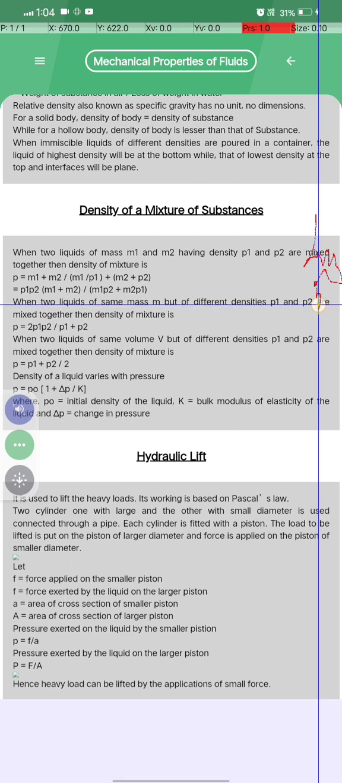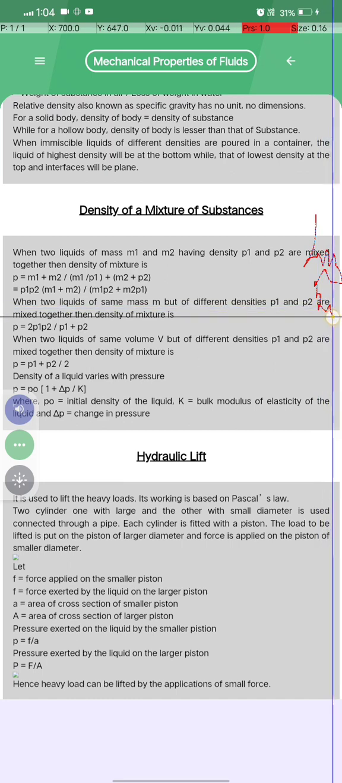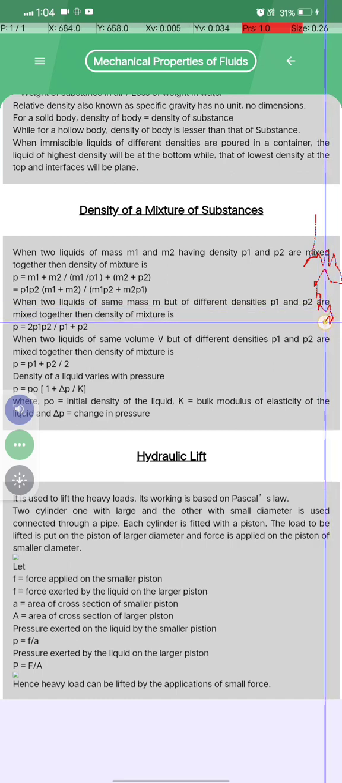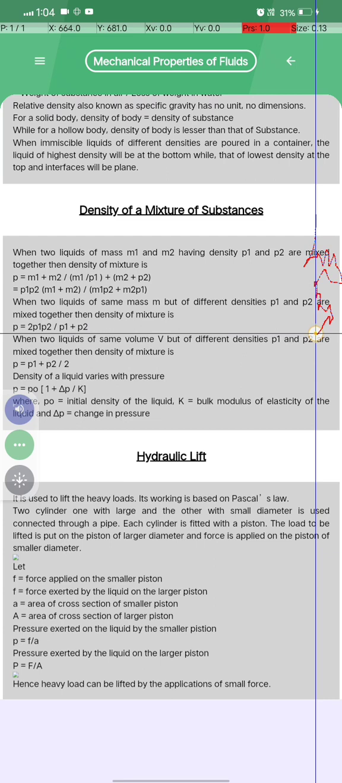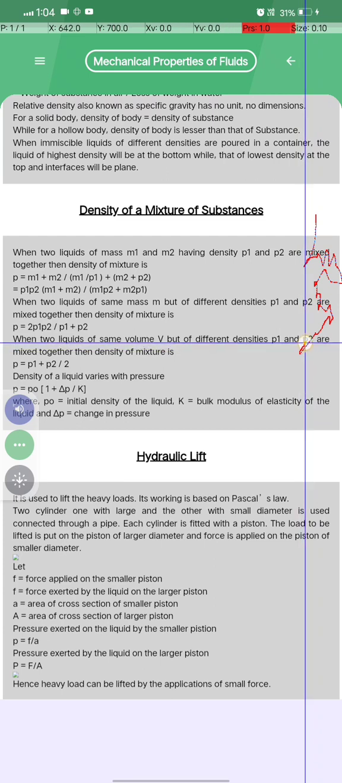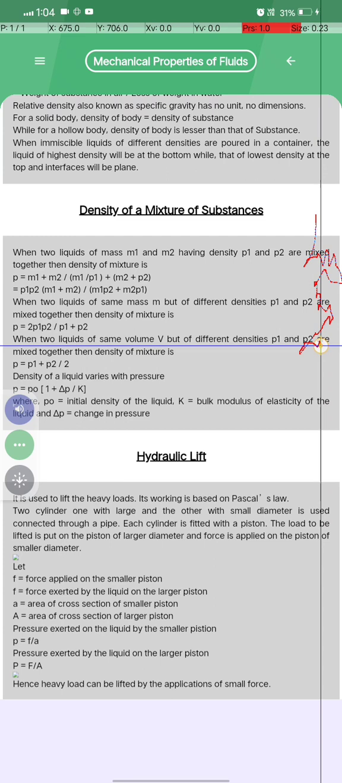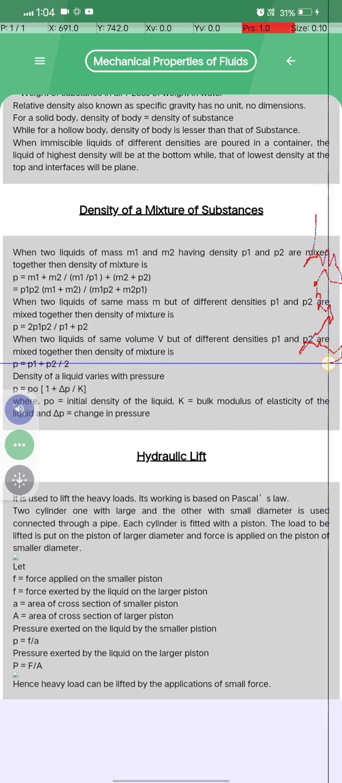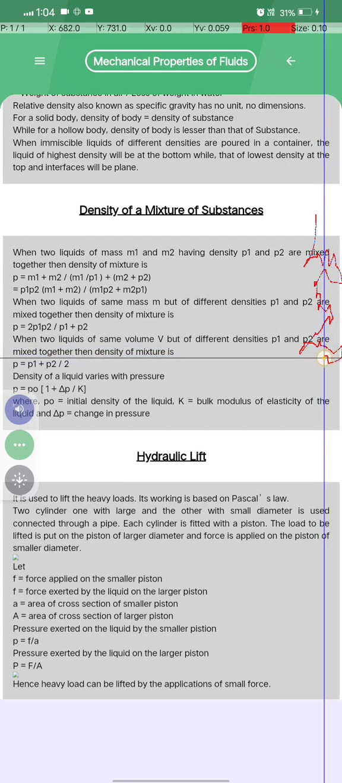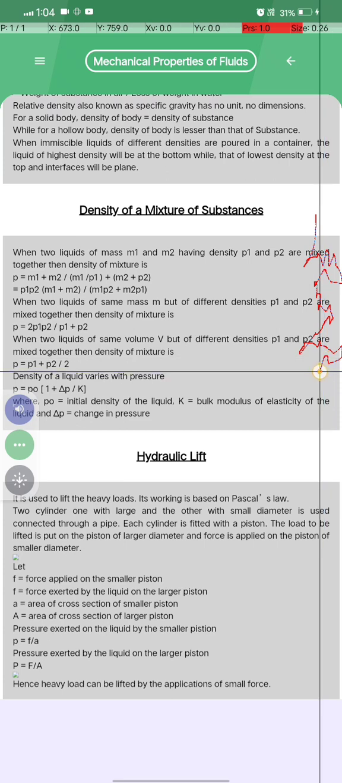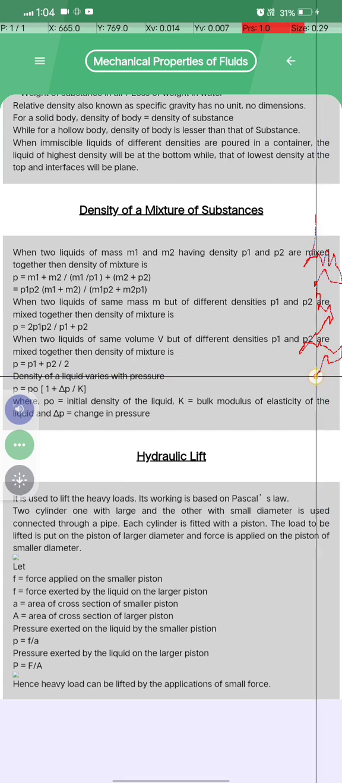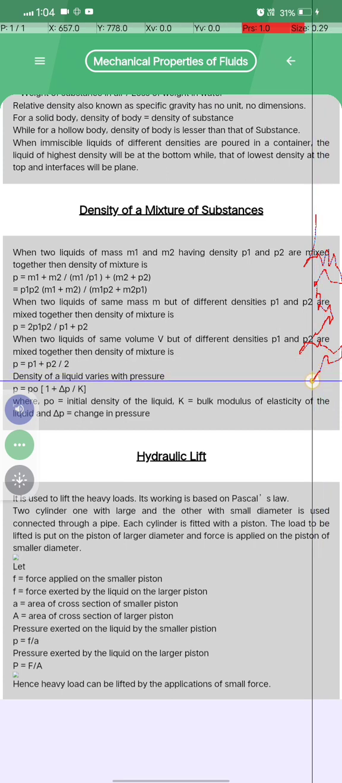When two liquids of same mass but different density p1 and p2 are mixed together, then the density of mixture is p is equal to 2p1 p2 by (p1 + p2), okay। When two liquids of the same volume but different density p1 and p2 are mixed together, then the density of mixture is p is equal to (p1 + p2) by 2।